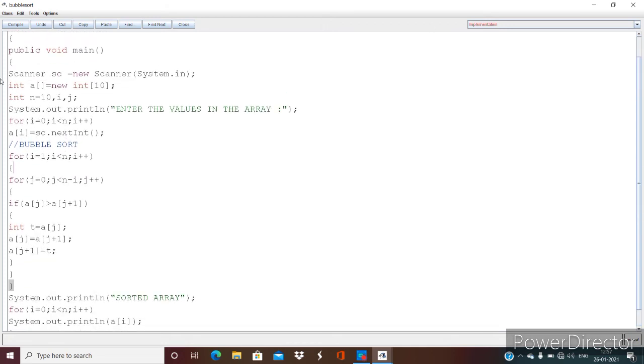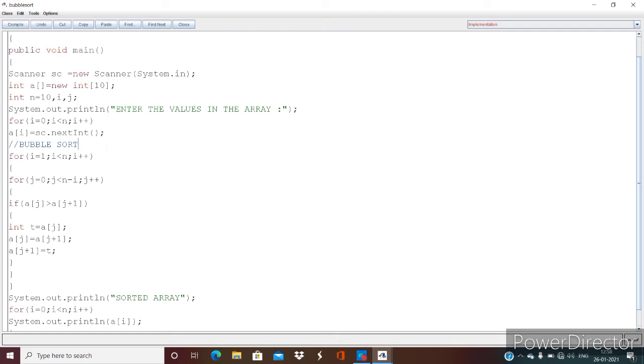What we have done over here is we have taken an array a of size 10. We took input into the array over here, for i is equal to 0, i less than n, i plus plus, and then the bubble sort code. For the outer loop I have taken for i is equal to 1, i less than n, which I have already explained: if there are n elements in the array, you need to sort 9 elements, because if you can sort n minus 1 elements, then the nth element will already be sorted. So if you have an array of 10 elements and you arrange 9 elements, then the 10th element will already fall in place.